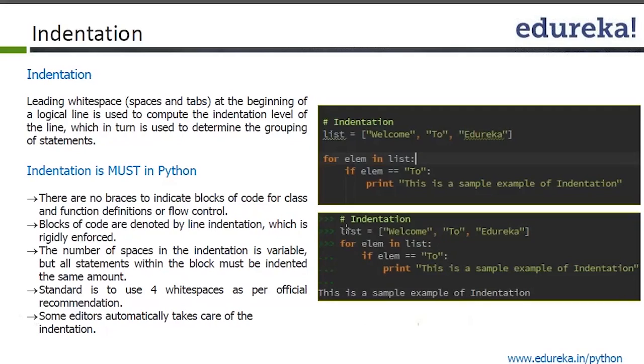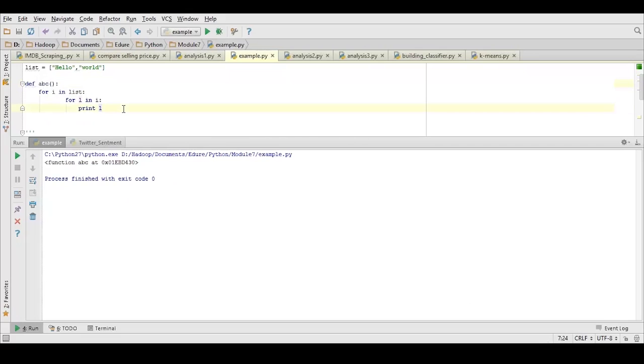Let's move on. So it's the same example here. You used a list, and then for element in list, element equal to 2, and then printed something. So don't worry about this. Indentation is a must in Python. There are no braces to indicate blocks of code for class and function definition or flow control. Blocks of code are denoted by line indentation, which is rigidly enforced, right? There has to be proper indentation. The number of spaces in the indentation is variable, but all statements within the block must be indented the same amount. So if I have to write something,